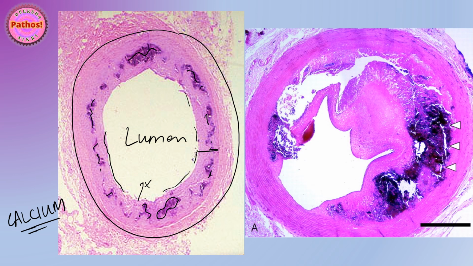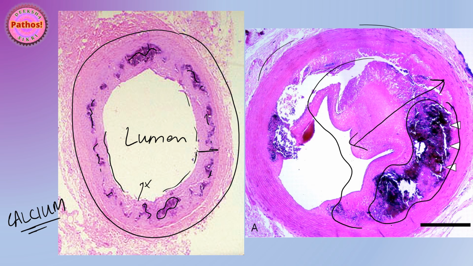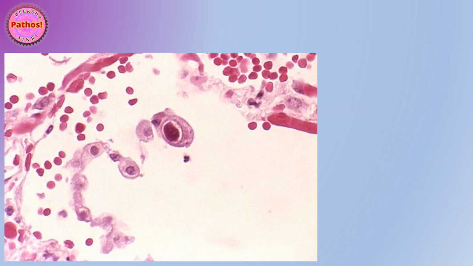Now look at this photo. Again, you can see a vessel, but you can make out that there is something blocking it, right? So this is the atheroma. And within the atheroma, again, you can make out a lot of calcification. So this is a calcified atheroma, right? I hope you can make out the difference between the two. This one is going to be clinically not very significant, but here definitely there are going to be some symptoms, right? Next. Now let's look at some inclusions that you see in microbiology.